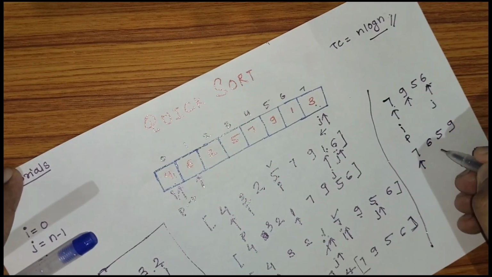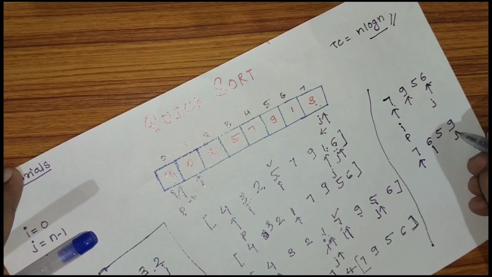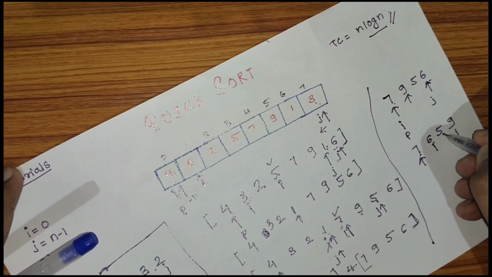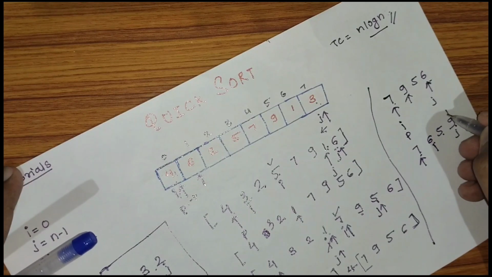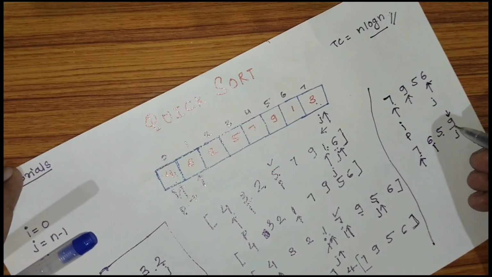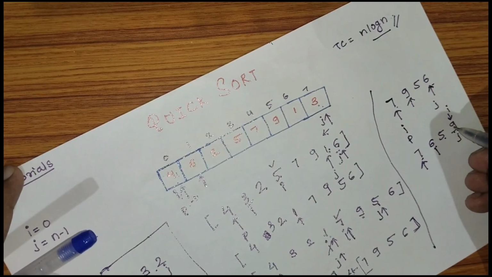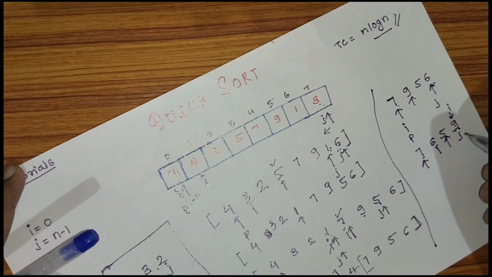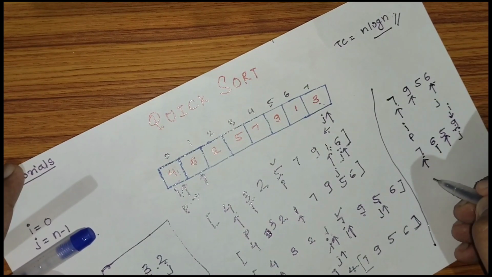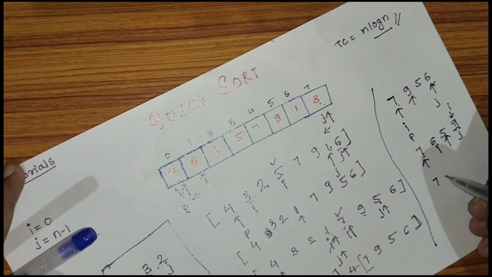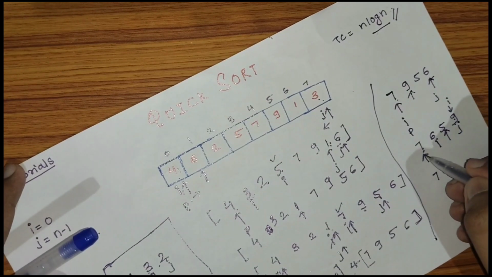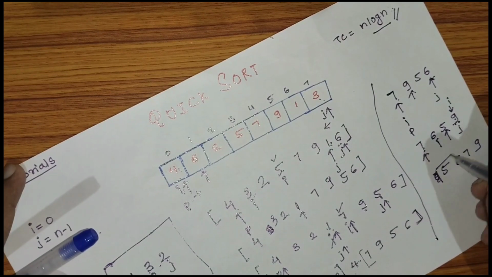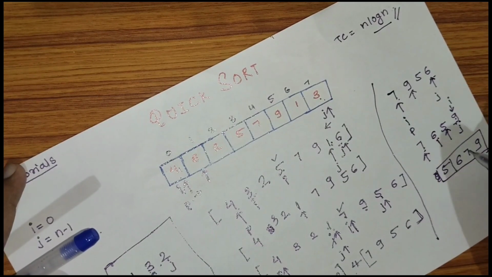Again it is the pivot. Now our I is this and this is J. So what we have to do is check if it is greater than the pivot. No, it is greater, no, it is greater, yes, this is greater. Then for J, we have to see if it is less than the pivot. No, yes, this is less than the pivot. So we have to swap it with the pivot, and it has become 5 6 7 9. The pivot we have to replace.